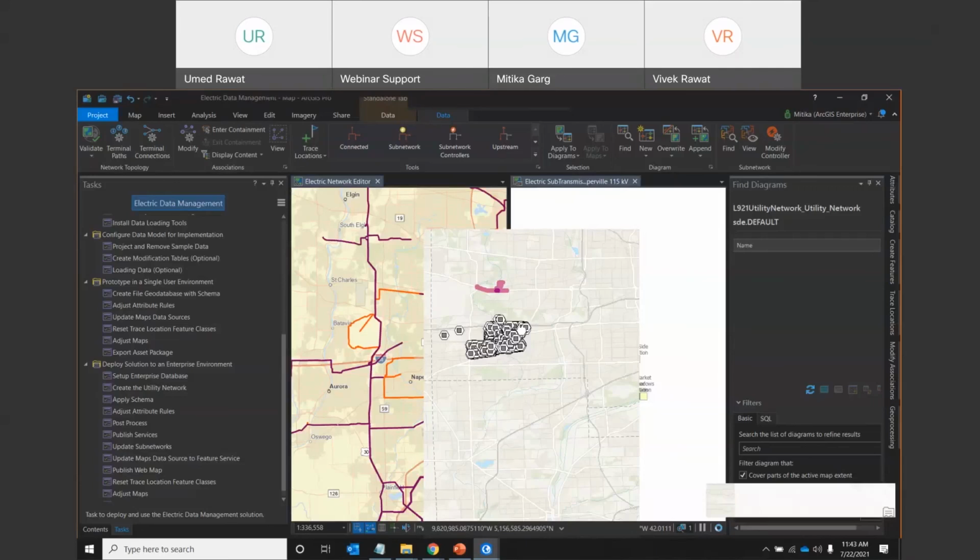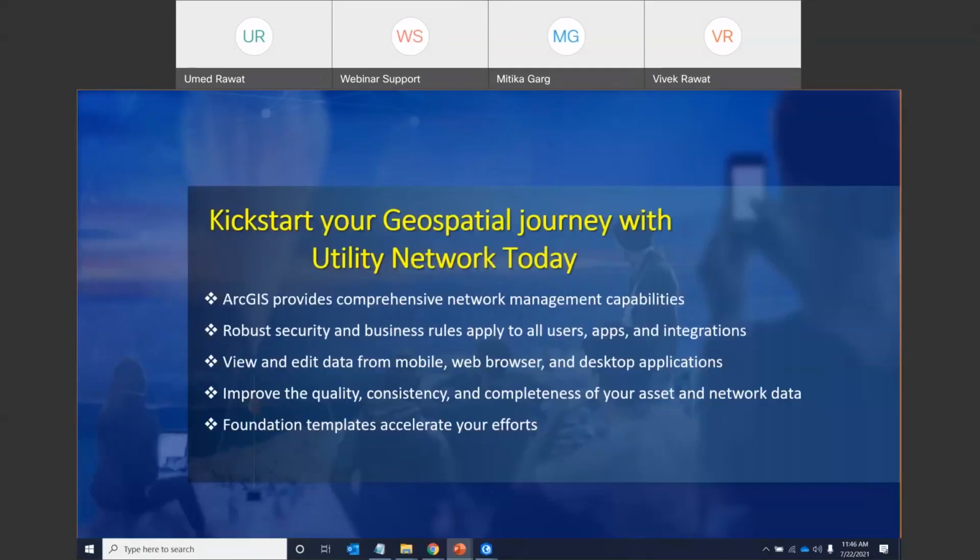And if you want to work deep down for the sewer, storm water, and telecom and electric or gas, you need to download the enterprise one. And if you are already enterprise users with the utility network license, you can simply deploy that, and you can see all these tasks. If you work once, you will get more clarity. And through the enterprise one, you can edit the data from mobile, web browser, and desktop applications.